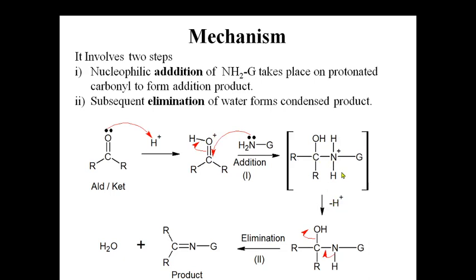After deprotonation, you are getting this product in which the hydroxyl group and hydrogen are present adjacent to each other, which will further undergo dehydration. That's the elimination of a water molecule, which gives you the product containing the carbon-nitrogen double bond. So in this way you will get the final product. As addition and elimination both reactions occur, this is an example of an addition-elimination reaction.